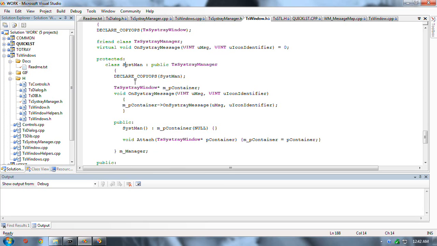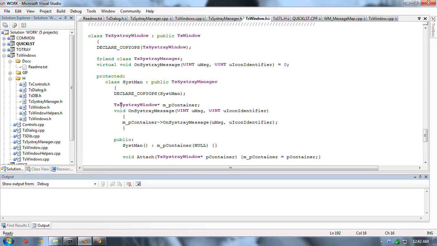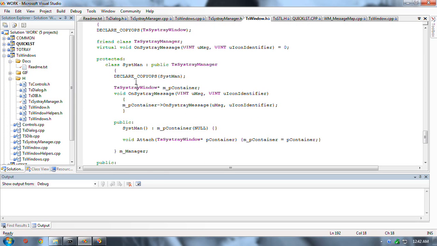The systman class contains one member called pcontainer, which is a pointer to a Systray window. It happens to be the class in which this object is being declared, and it will be a pointer to the class for which this here is the actual instance of it. This object will be associated with,